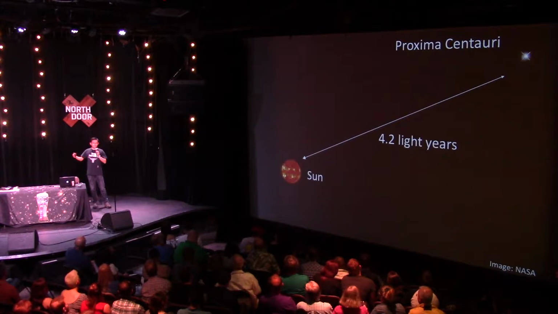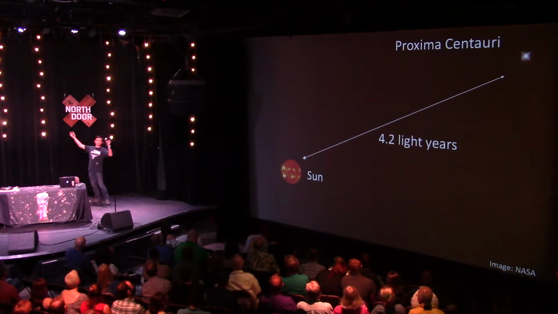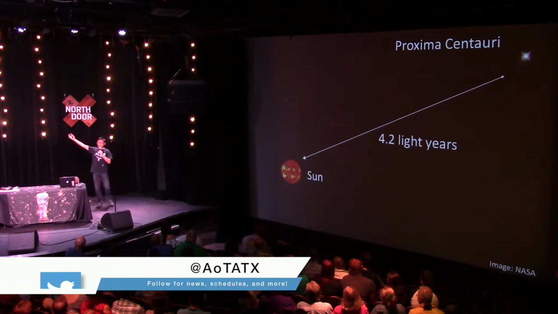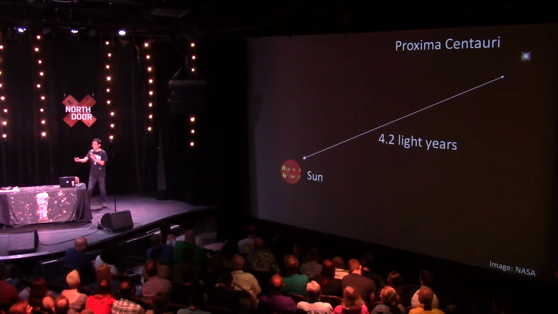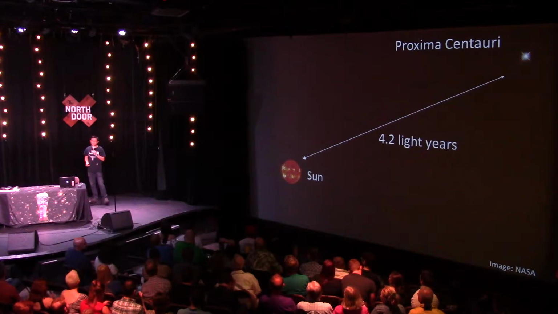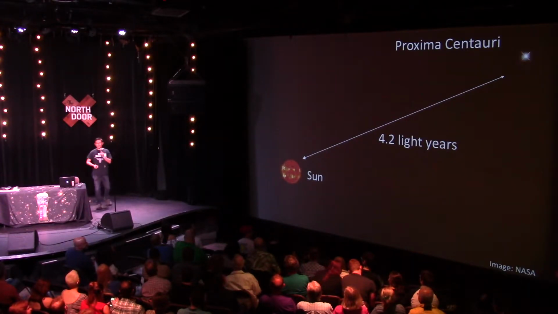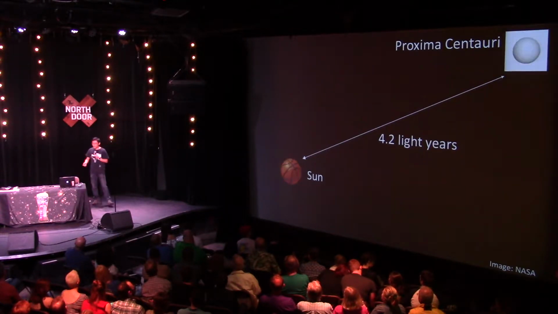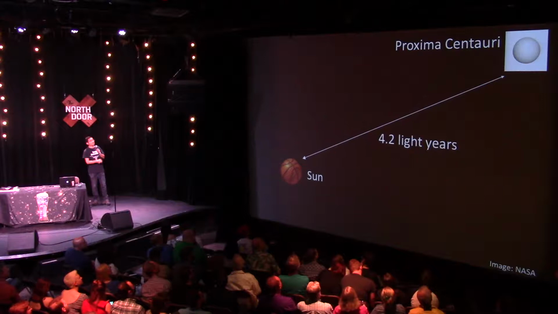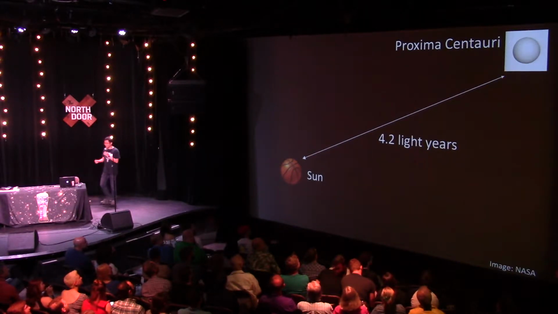Let's take the sun. I'm not strong enough to take the whole sun, so I may need your help. If we take the whole sun and shrink it to the size of a basketball, and then put it, let's say, on a table here. Since Proxima Centauri is a lower mass star, roughly 10% of the mass, it will be smaller. It will be a ping pong ball on that scale. So basketball for the sun, ping pong ball for Proxima Centauri.